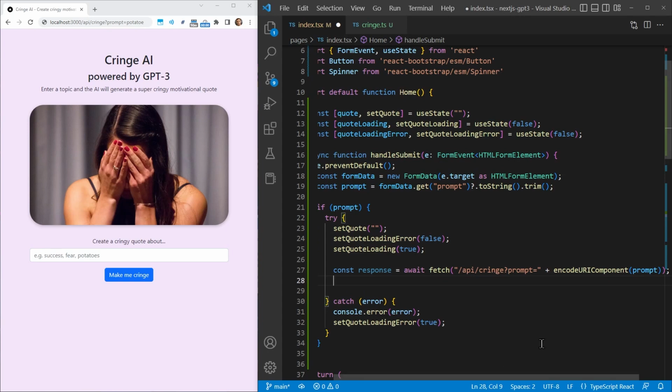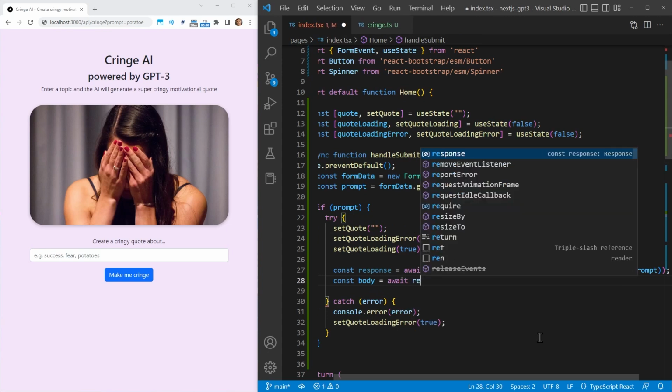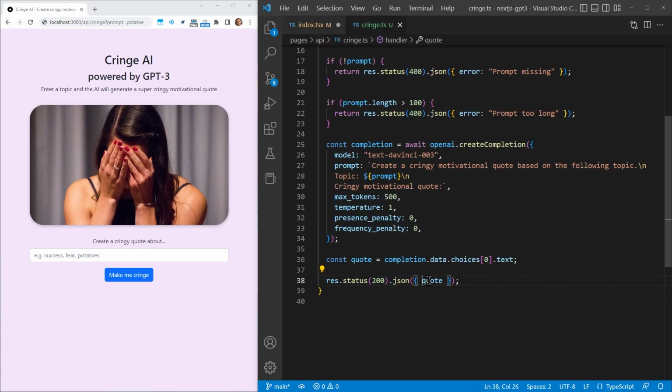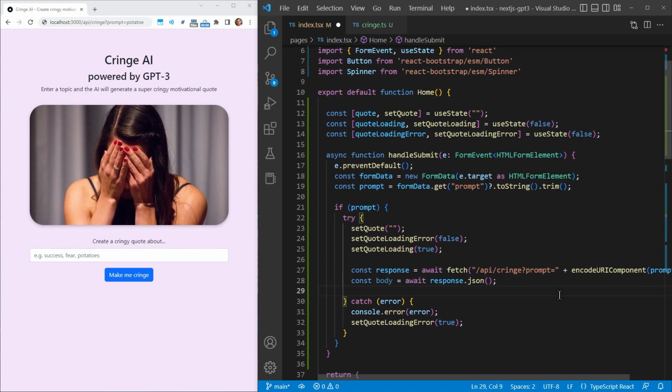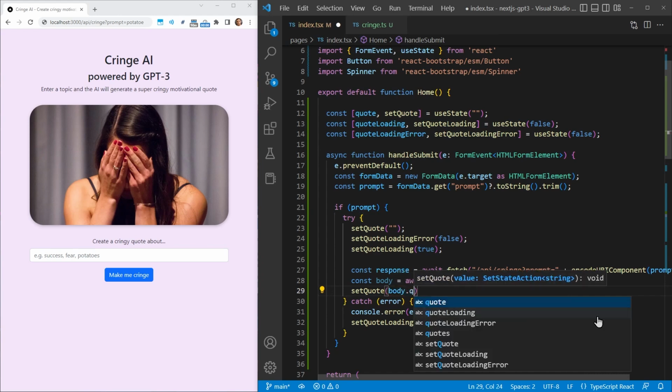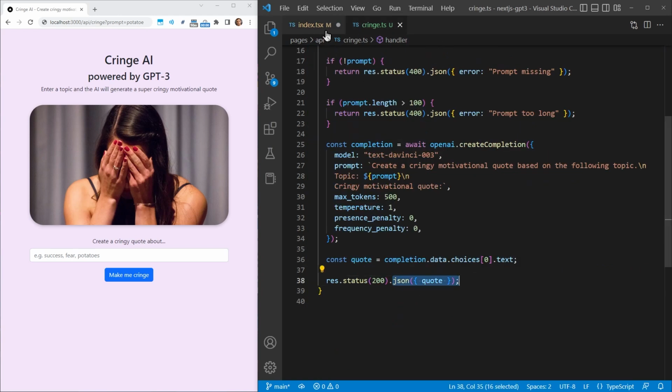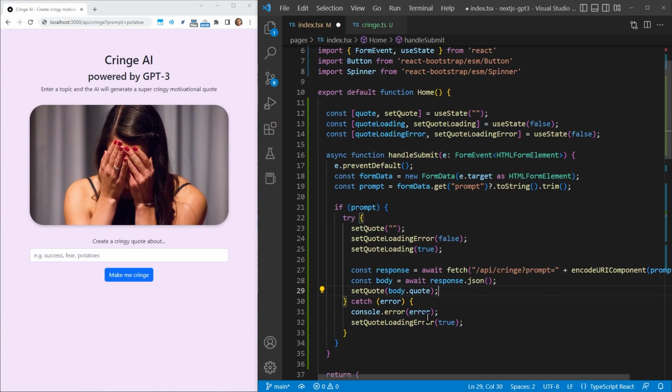Then we want to get the data out of this response, so we create a const body equals, and the await is important. Otherwise, we will not get the correct result, because parsing the JSON body out of the response is an asynchronous request. After await, we call response.json like this, which, as I already explained, gets the JSON body out of the response. And the JSON body contains our quote, which means that below we call setQuote, and we are still in the try block, so there was no error. And then we can get it from body.quote, which is how we send the response from the backend. Okay, cool. Just one more thing, and finally,